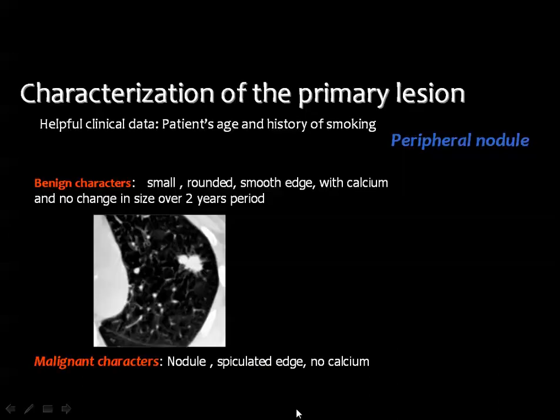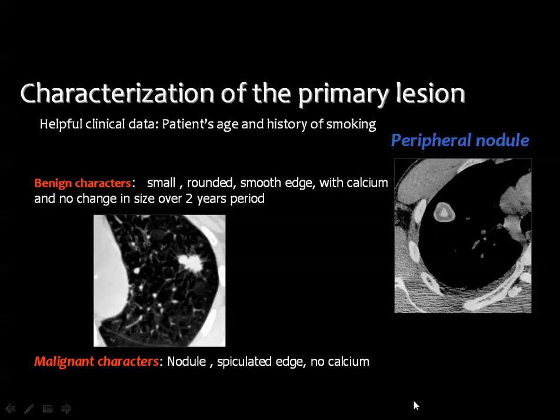Then if you have the CT scan and you can see clearly the edge of the lesion, you can also identify if there is calcium or not, and you can also assess exactly the contents of the lesion, whether it is solid or cystic. Then this is the classic appearance of a peripherally located pulmonary nodule showing the speculated edge, characteristic of malignancy,